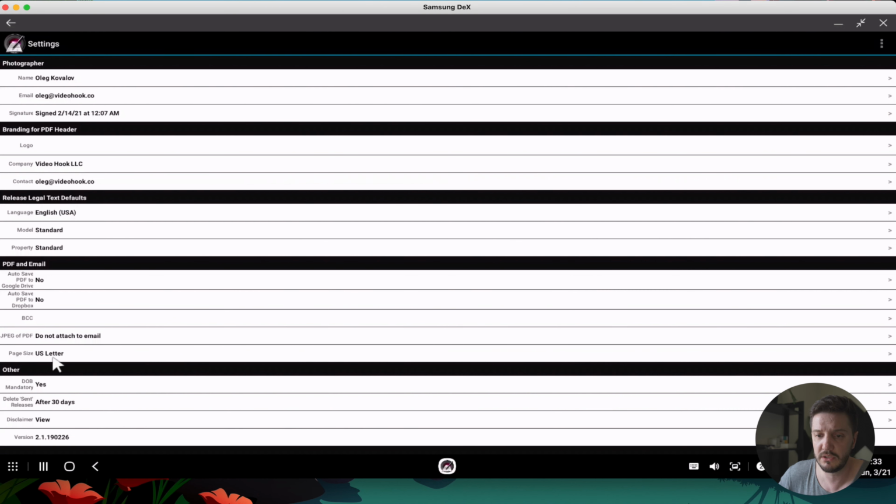So you can do so many things, and then it tells you what kind of model release it's going to be, what it's going to look like, and what kind of format it's going to be. It's going to be just a simple US letter, portrait style, with text and everything. So with this, we have the